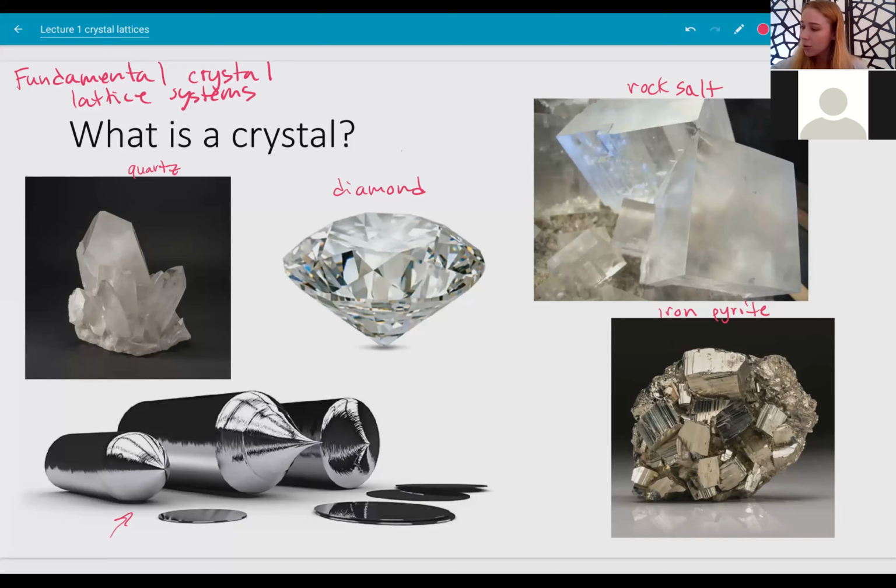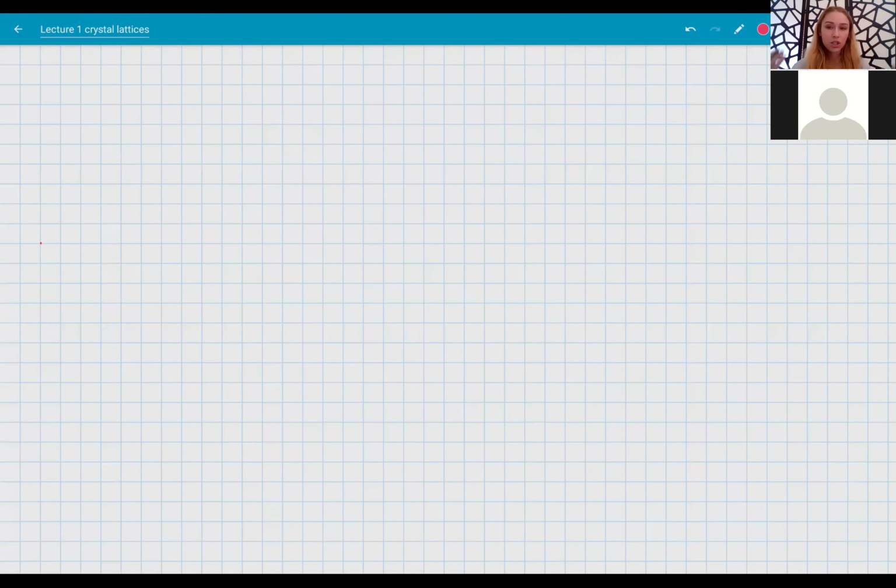All right, so there are a lot of crystals out there, and let's get into the vocabulary and the math that we use to describe them. So the first vocabulary word that I want to,